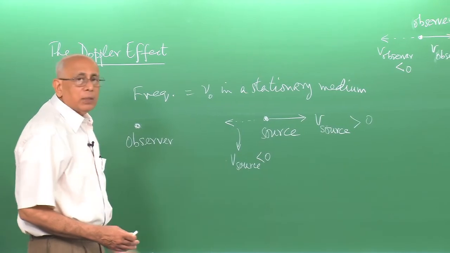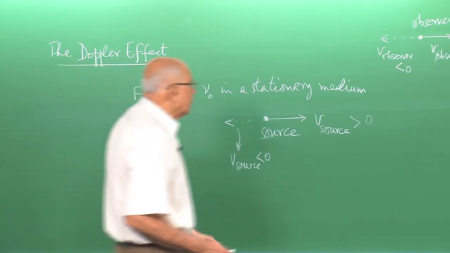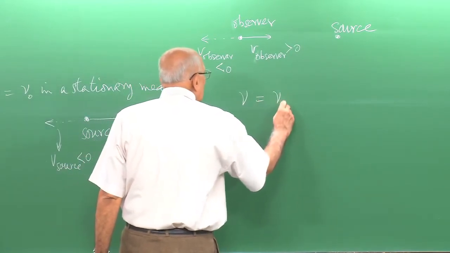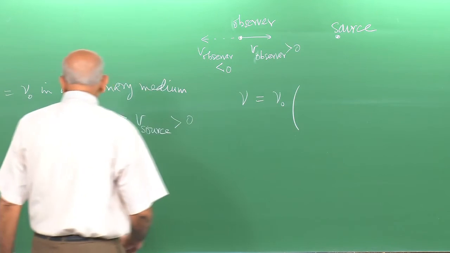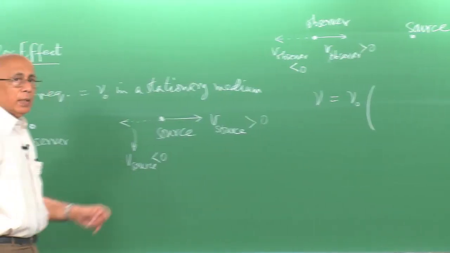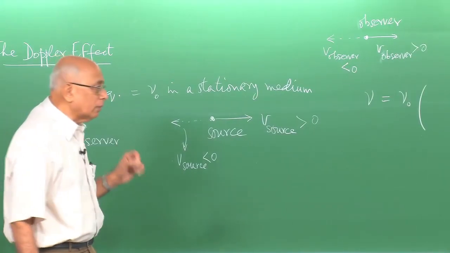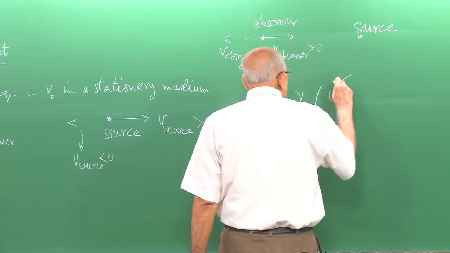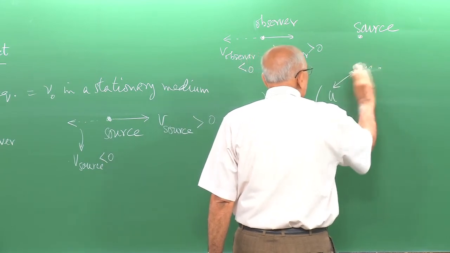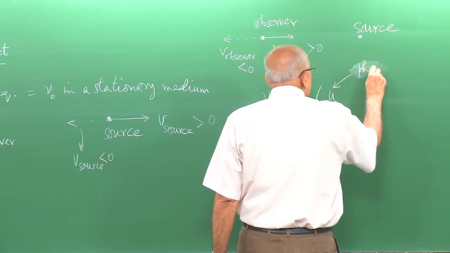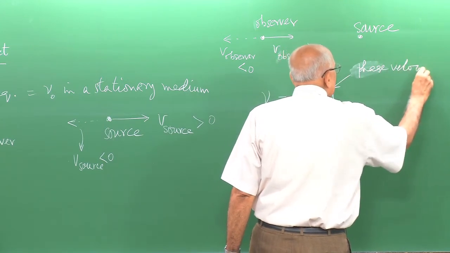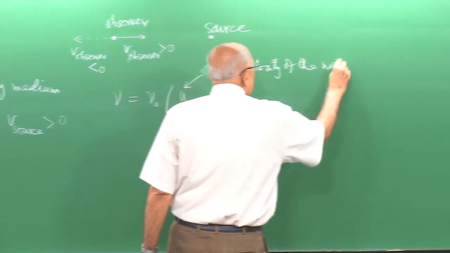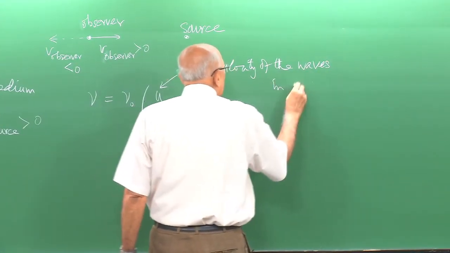The general formula is what I am going to write down now, and the formula is that the observer is going to observe a frequency nu, which is nu naught, multiplied by, we need information about the speed of these waves in a stationary medium, and if in the stationary medium the speed is u, this is the speed of the waves, or the phase velocity of the waves